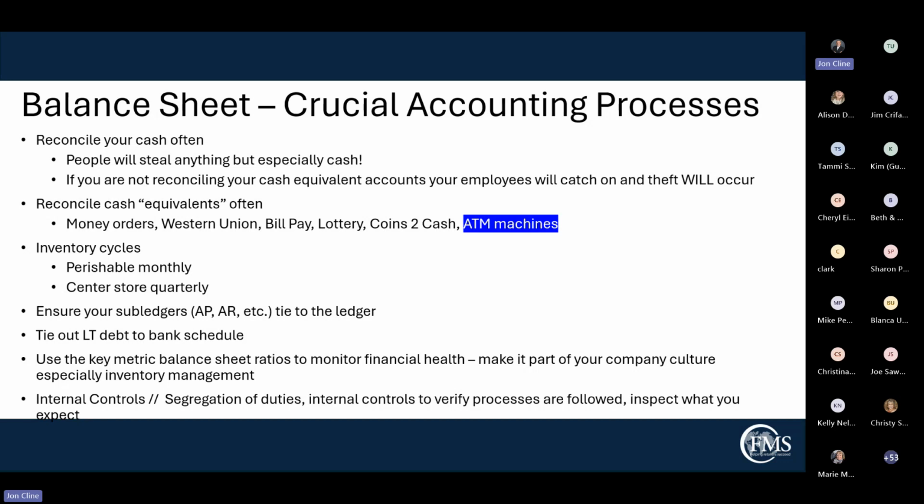Inventory cycles, and I know I get some disagreement with this. I'm a big believer in monthly perishables and quarterly center store. I know an emerging trend is trimester. But if you've got a theft issue, if you've got a margin issue, for whatever reason, the sooner you surface that issue and realize it, the quicker you can effectuate a solution for it. Ensure your subledgers, AP, AR, etc., fixed assets,